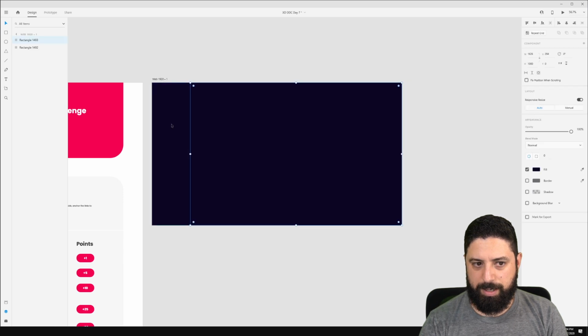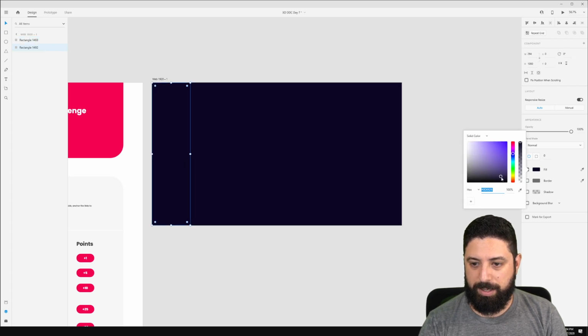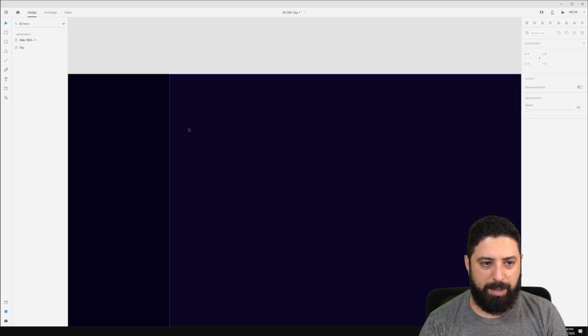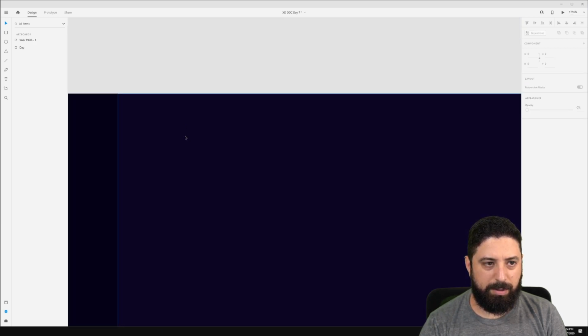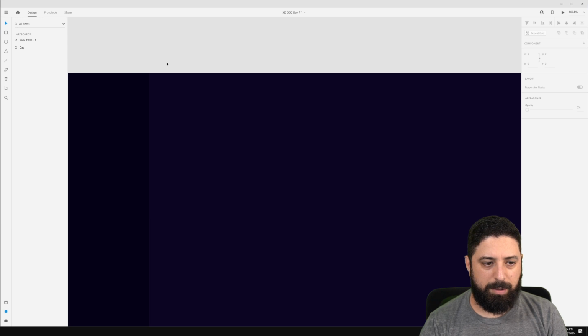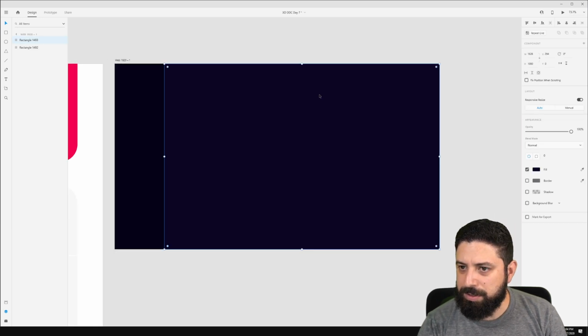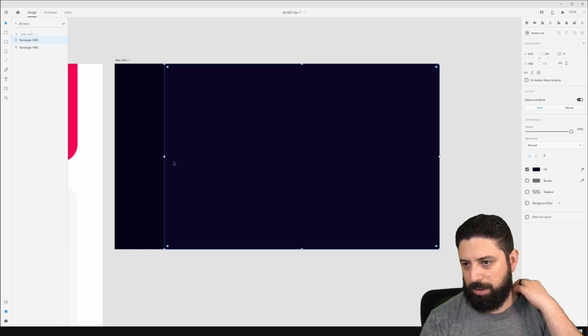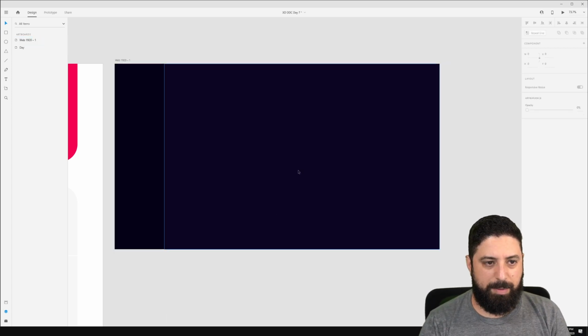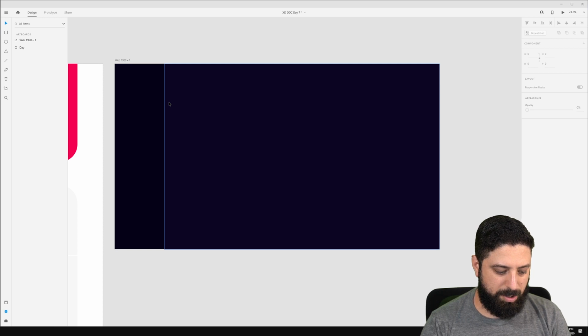Cool. And then maybe we could either just do a divider line. That would be really easy. Or maybe what I'll do is I'll come in and we might even make this side just a hair darker. And I don't know why I'm getting that weird line, but that should go away. Okay, cool. I don't know why that's showing in some resolutions. Interesting, maybe a little buggy, but nonetheless, I've got my setup here,